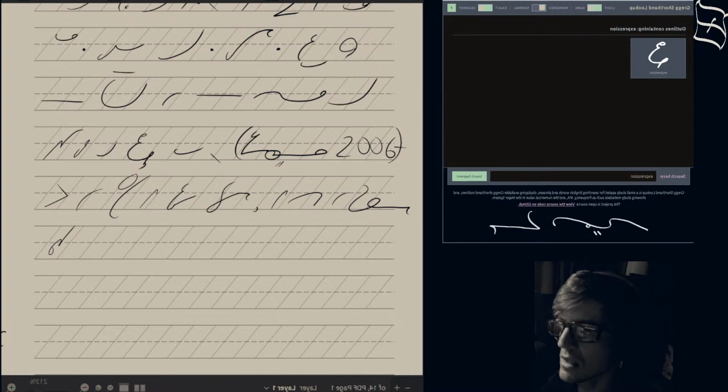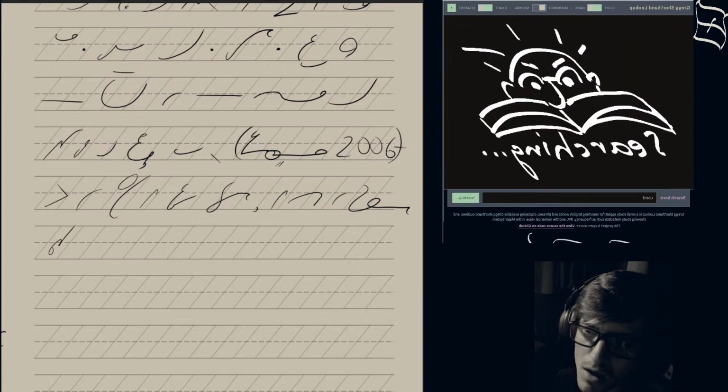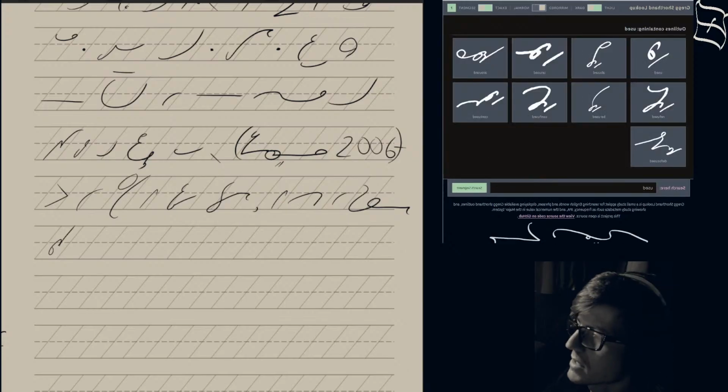Is it disjointed? I know I've used it before. It is disjointed. Okay, so change that.